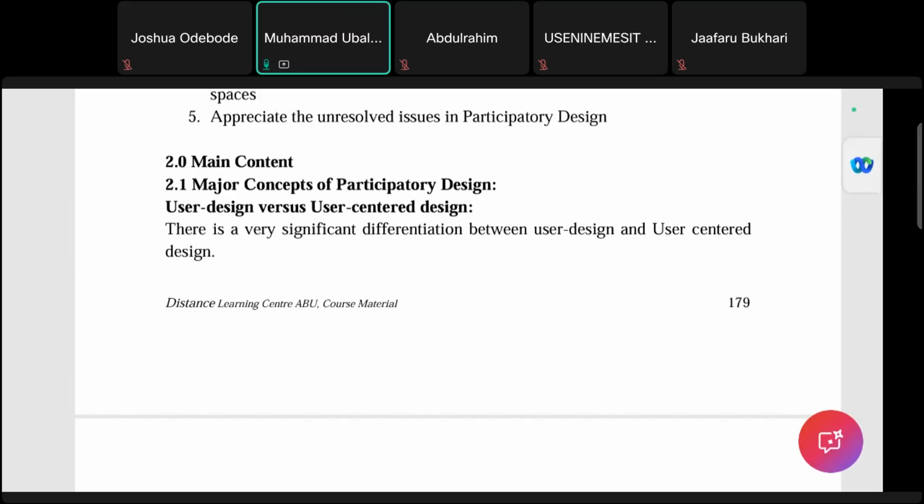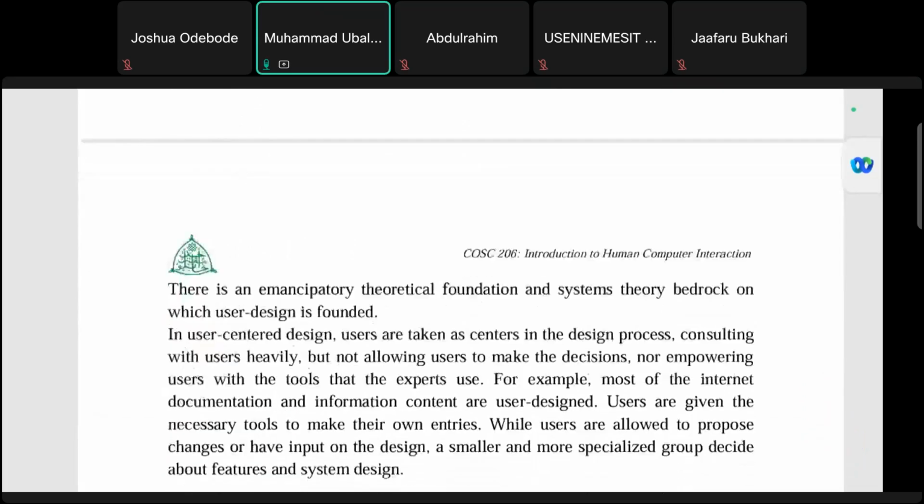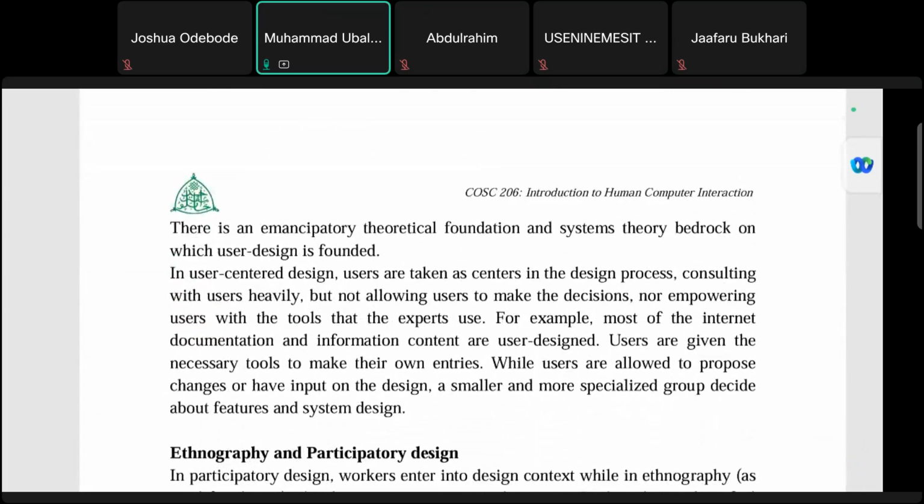So we're going to look at them one by one, starting with the first one, which is the user design. So when we talk about user design versus user-centered design, we can say that user-centered designs involve users